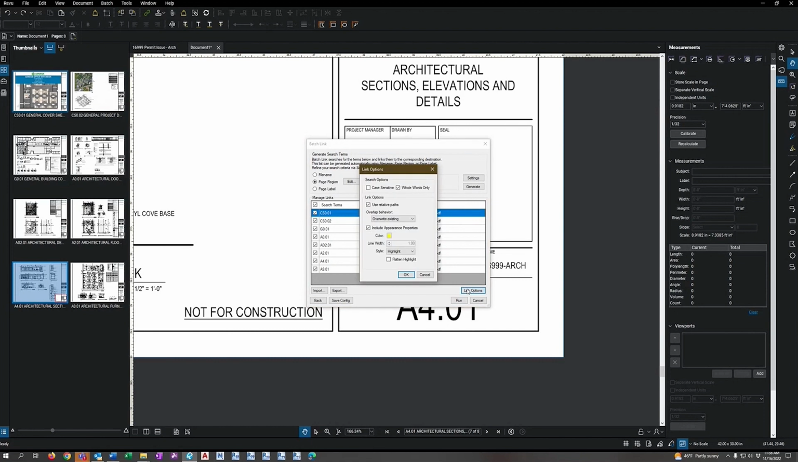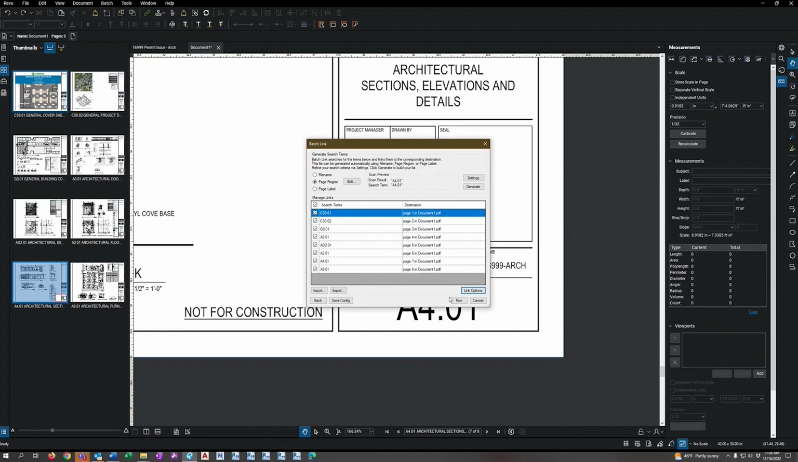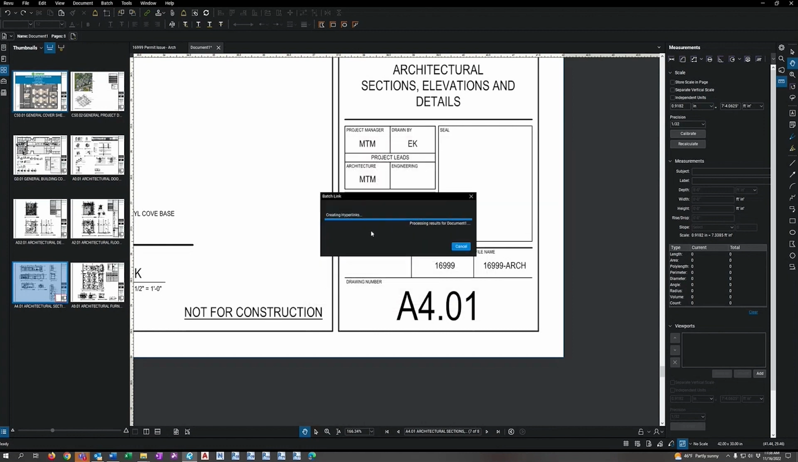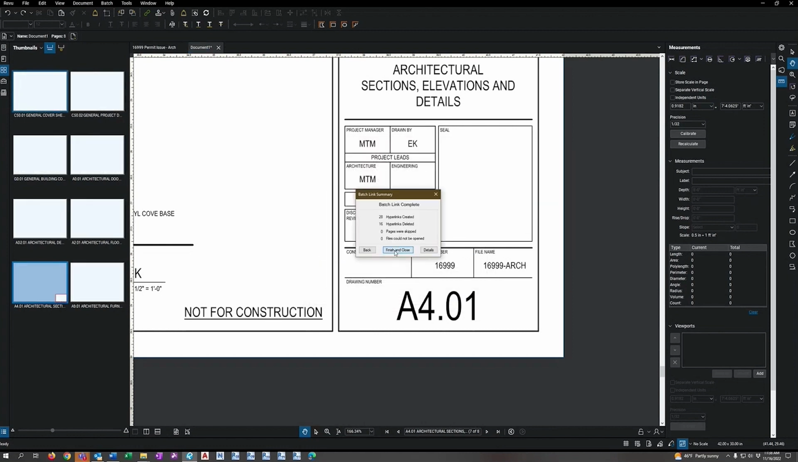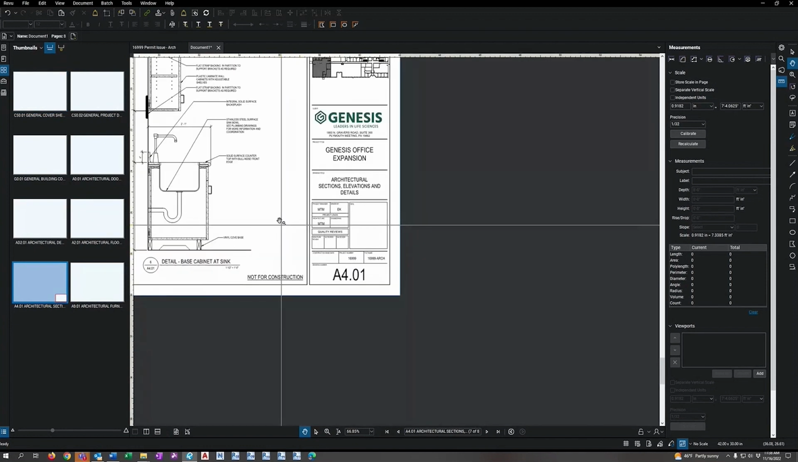You can also hit link options. You can make it a highlight. You can highlight these links in yellow. You can change it to a solid line around it if you want to make a box around it. I like to highlight them in yellow. And you hit run. It goes through the whole document. It tells you how many were created. And now,